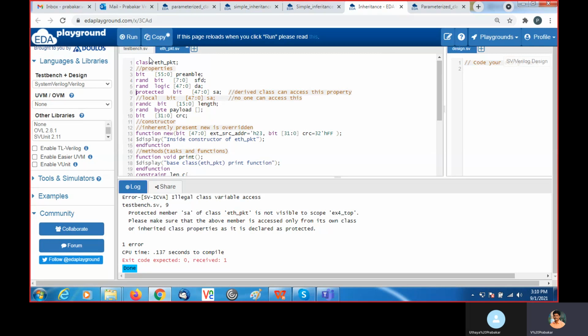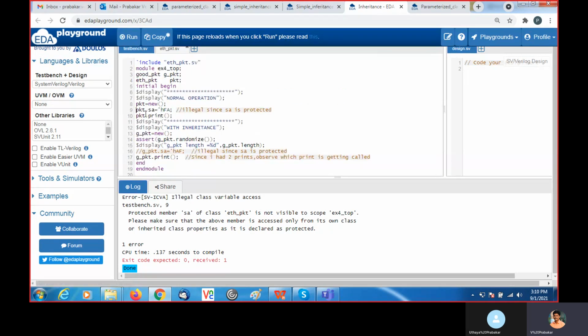Outside the class, from the top, we cannot access a protected variable. When you declare as local, even the child class cannot access it. When you declare as protected, the child class is able to access it, but from the top or outside this class we can't access the variables. You will get the error message.